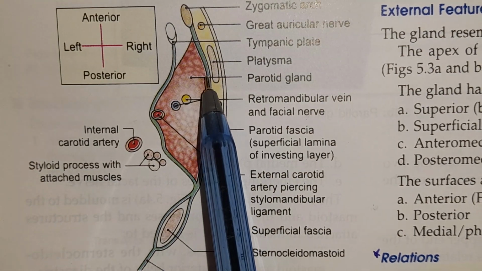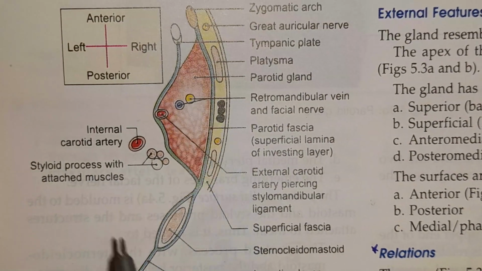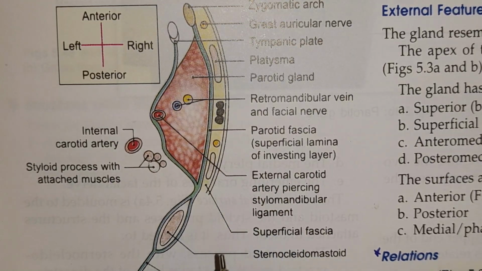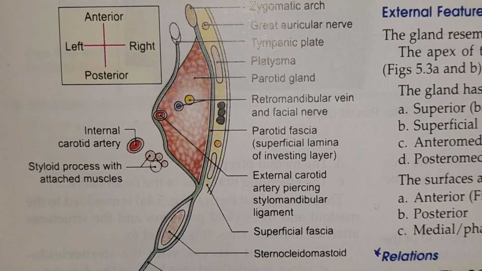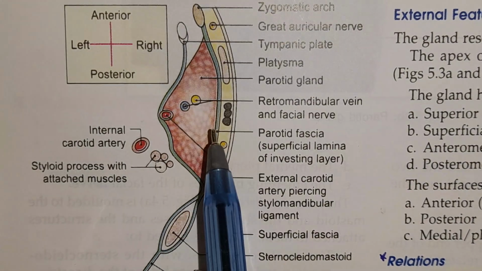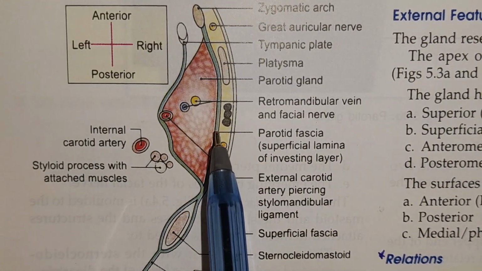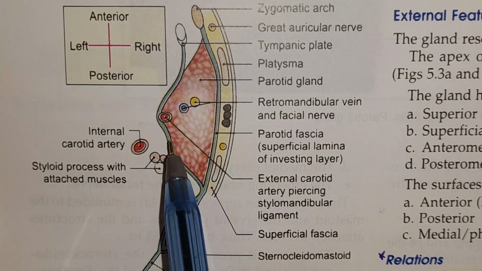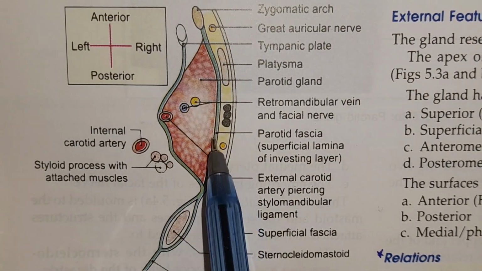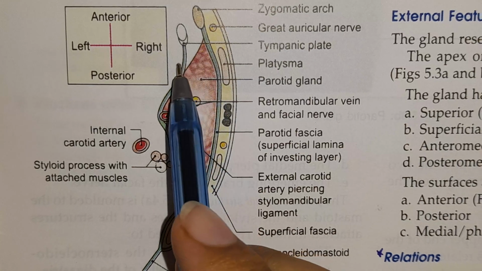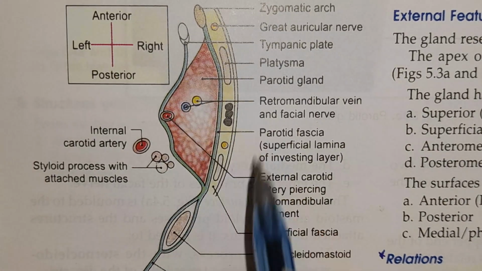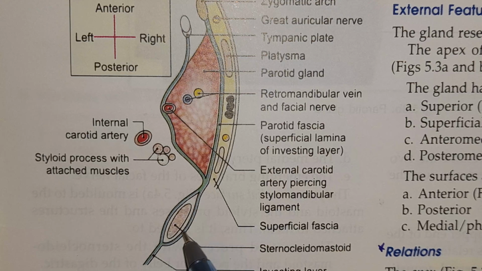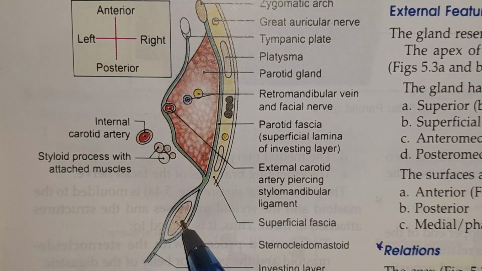After that, we have another ligament that is also present, the stylomandibular ligament. Also about this fascia, we can see that it is splitting between the angle of the mandible and the mastoid process. Somewhere here is the angle of the mandible and somewhere here is the mastoid process. It is at this place that it splits into the two layers. Now inferiorly, the two laminas also split to enclose the sternocleidomastoid muscle.